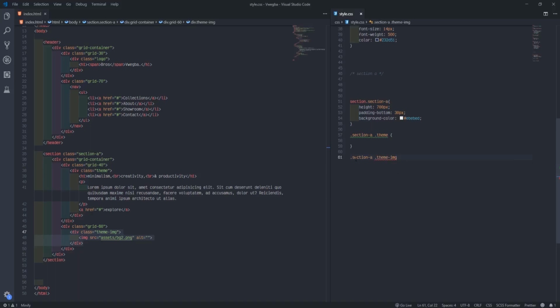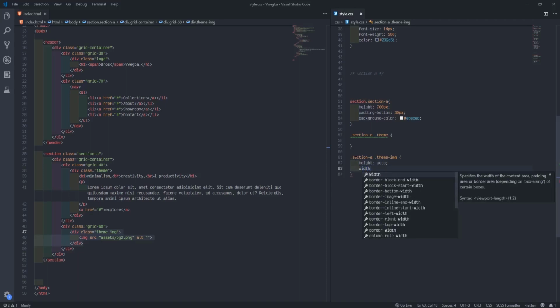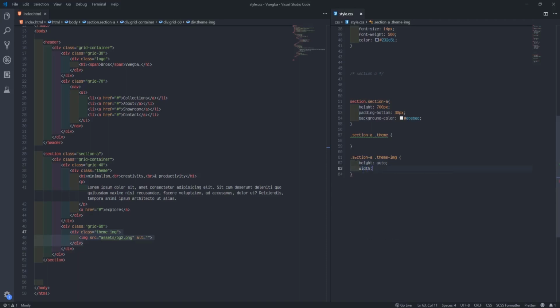When you see it, make the height auto, because I want to arrange that picture. Make the width be 100%. We'll see.